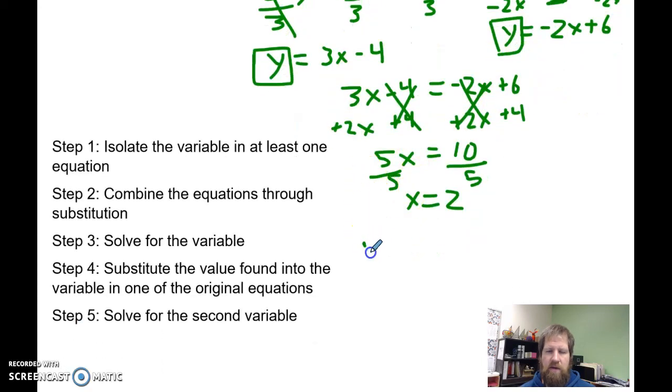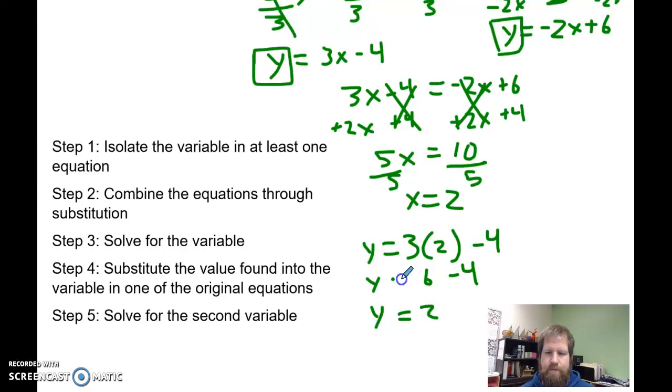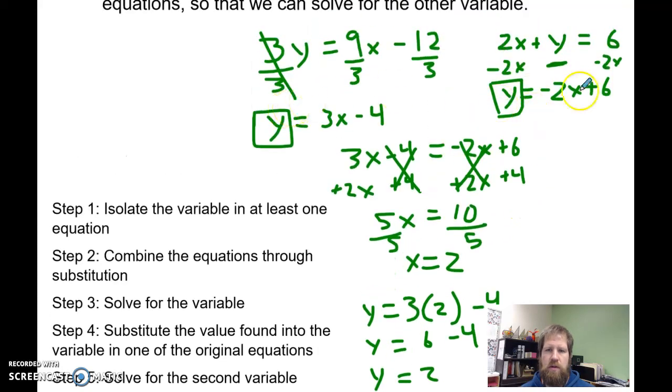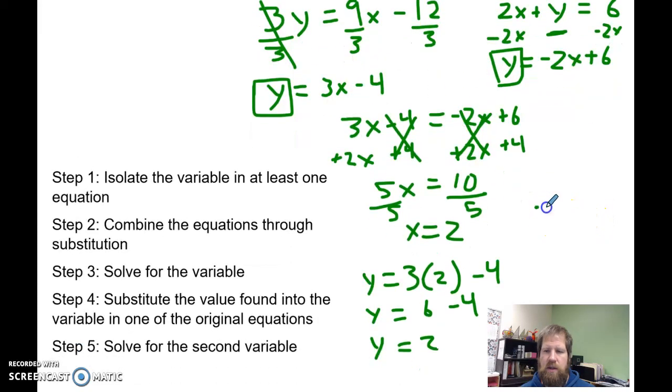So y is equal to 3 times x, which in this case is 2, minus 4. 3 times 2 is 6, minus 4 is 2, y is equal to 2. And then I've got my answer. So the solution to both these equations is 2